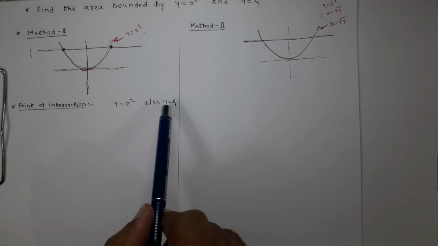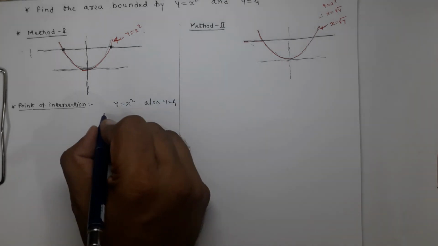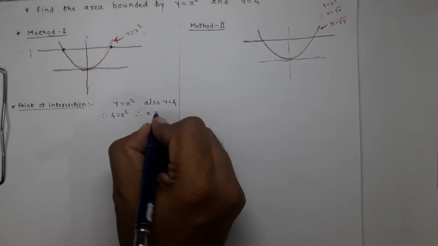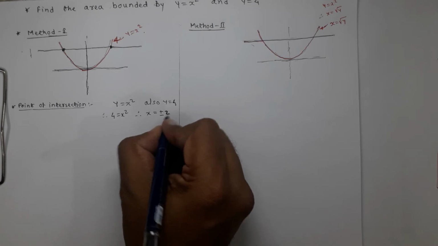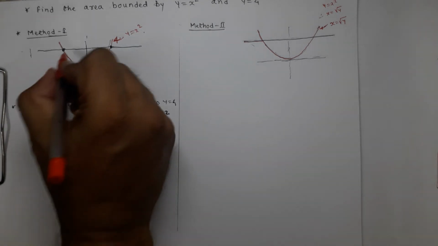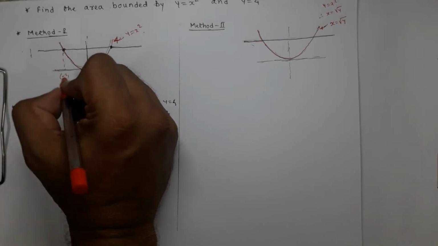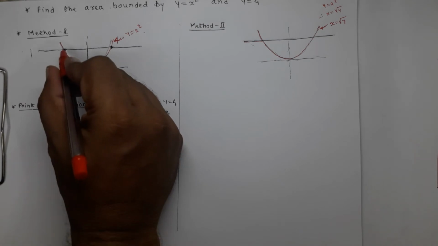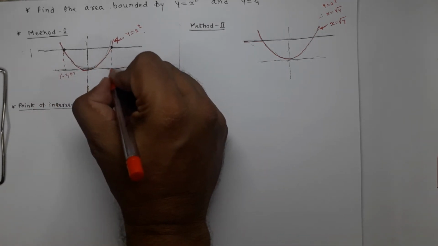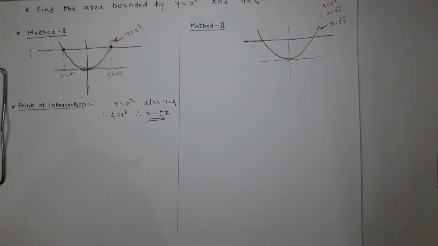and therefore I am getting the value of y from this and substituting it over here, and therefore 4 is equal to x square, and hence x is equal to plus or minus 2 is the value, and that is why the point of intersection which I am getting over here is minus 2. So minus 2 is the abscissa. If I project it in downward direction, this point will be minus 2, 0 and this will be 2, 0. So this is what the points of intersection are.